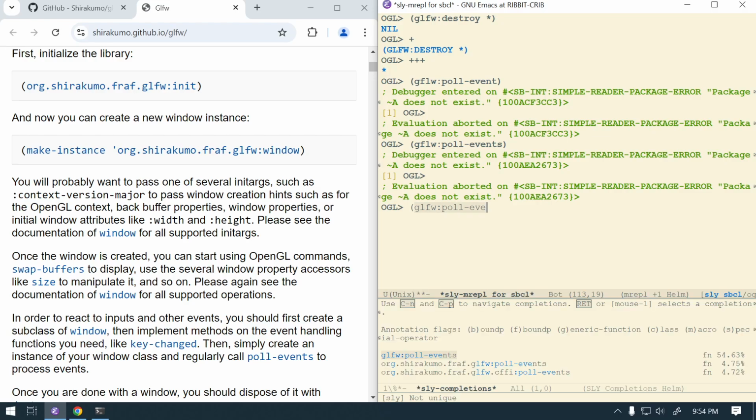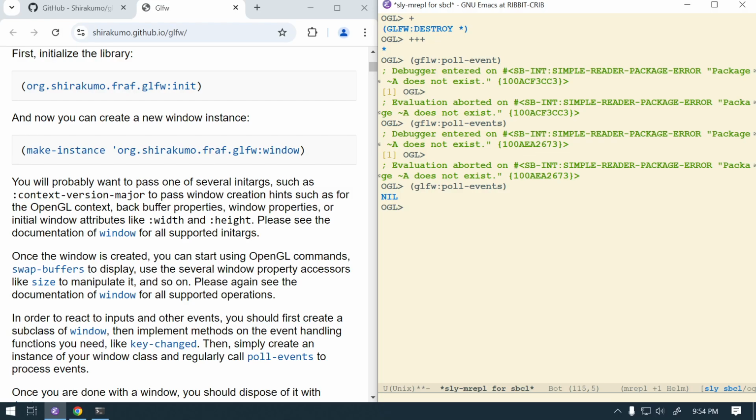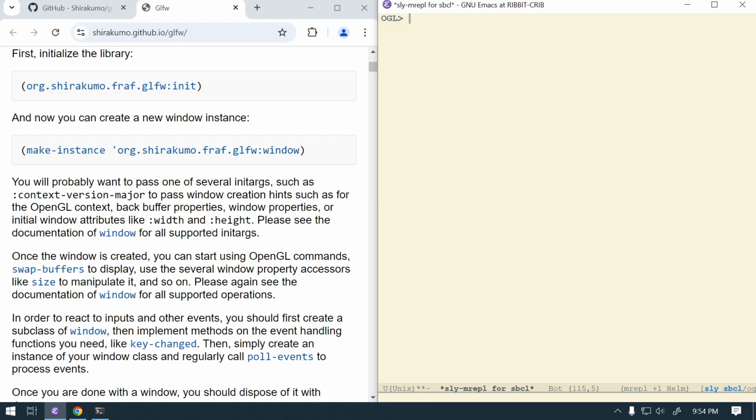Pull events. I don't know if a window has to be open to do this either. I guess not. I could return nil though, but this just lets it update. Like if I was trying to move a window around, it's not going to see the move. It'll just sit there. So I guess I probably shouldn't have typed that just so I could show you that, but whatever. So def macro